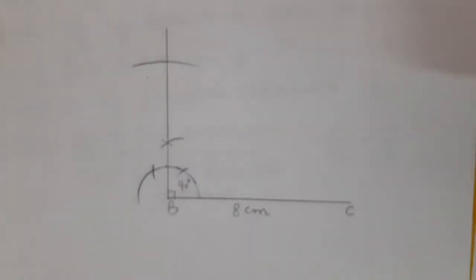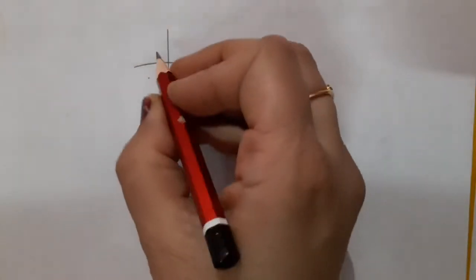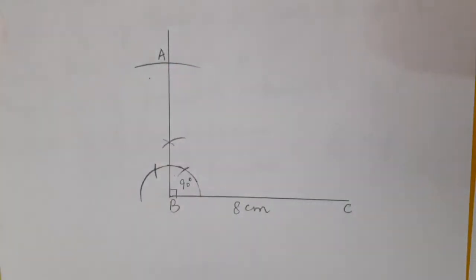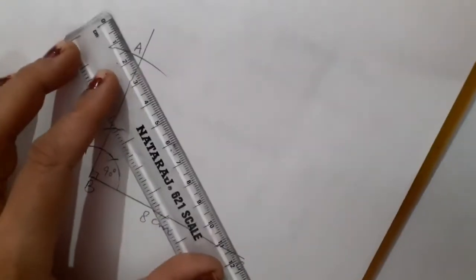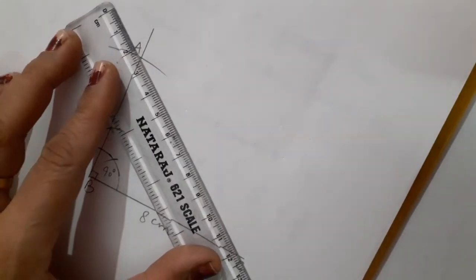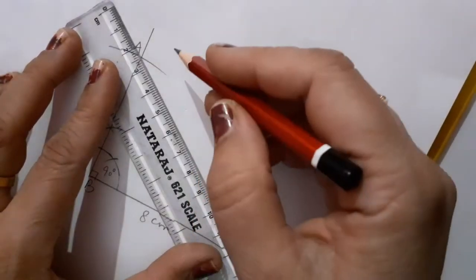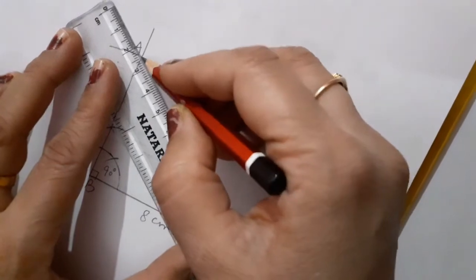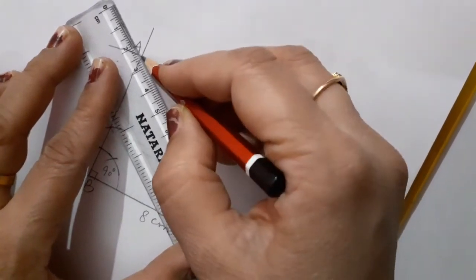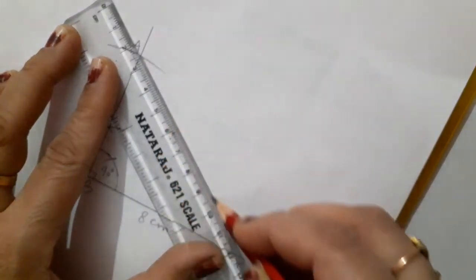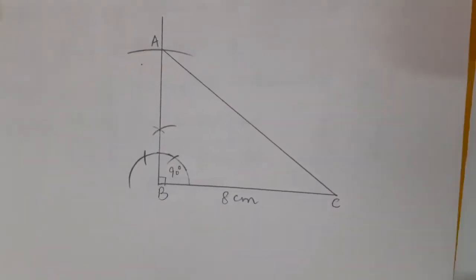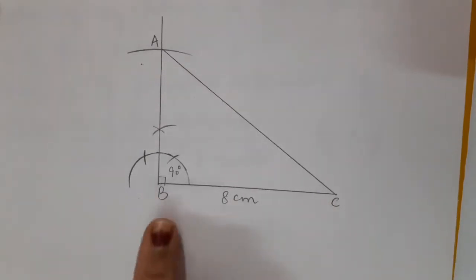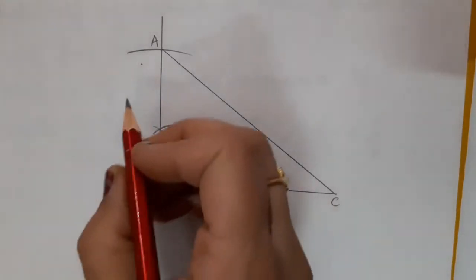So children, here I have got a point as A. Join this point A to point C. Fine. So this is right angled triangle, right angle at B, where BC is 8 centimeter and AB is 6